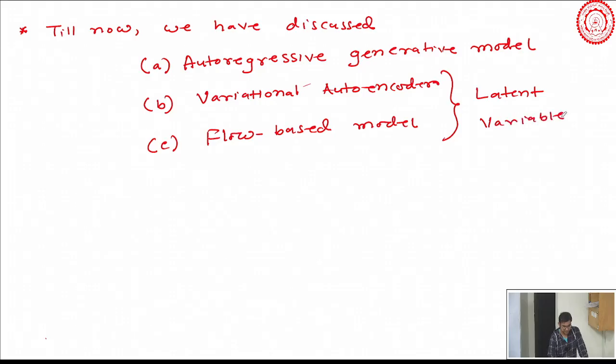As I was saying, these two at least come under the idea of latent variable model. Although both are latent variable models, there is a subtle difference. In VAE, your Z is generally of lower dimension than X. That is always the case in VAE. Generally, you can take higher, but generally it's lower. But in flow-based models, your Z and X have the same dimension. Z is not low dimensional as compared to X.